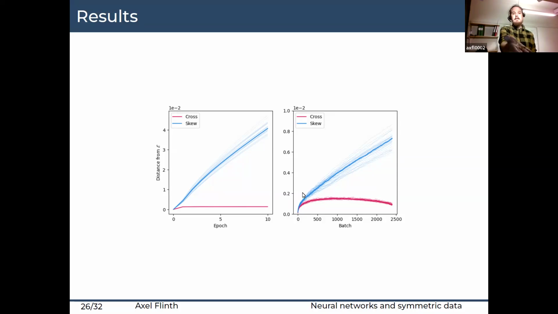So here on the left we have the distance for 10 epochs. On the right we only have the first epoch. And there we see that actually also under the stochastic setting, we stay close to our result space. And in particular, the red one first goes away and then comes back. We don't really know, so the theory we did before does not really explain this. So this is something that we're working on right now to try to explain and get a bit more precise notion of what is going on.